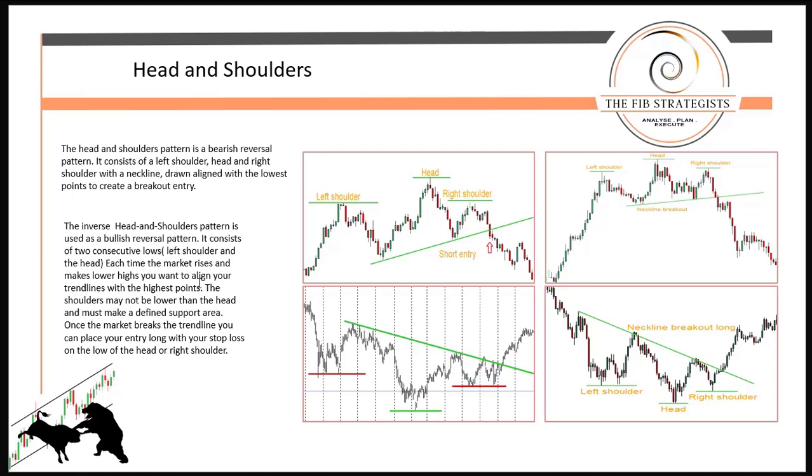Now we go to the inverse head and shoulders pattern. The inverse head and shoulders pattern is used as a bullish reversal pattern. It consists of two consecutive lows, left shoulder and the head. Each time the market rises and makes lower highs, you want to align your trend lines with the highest points. The shoulders may not be lower than the head